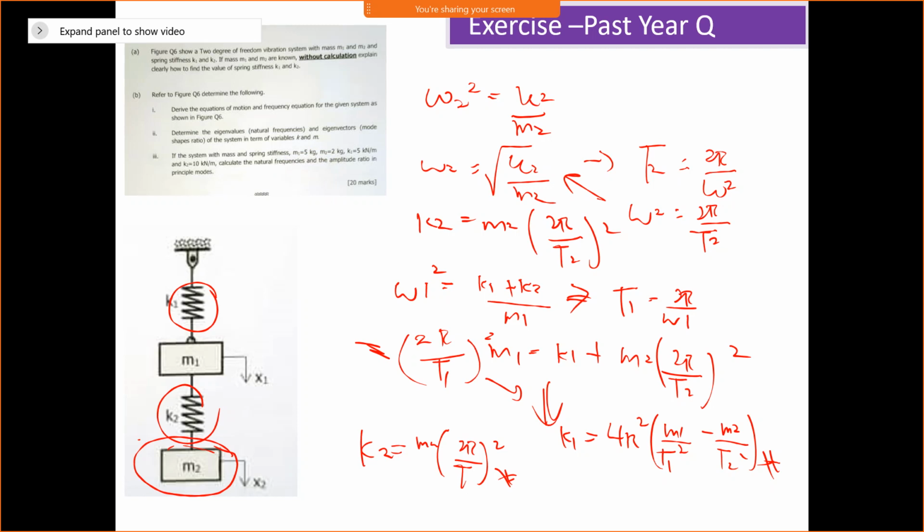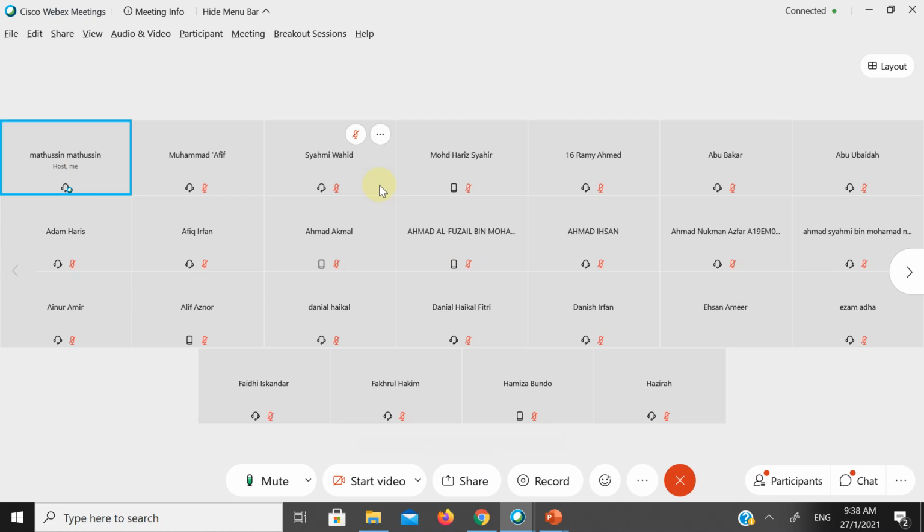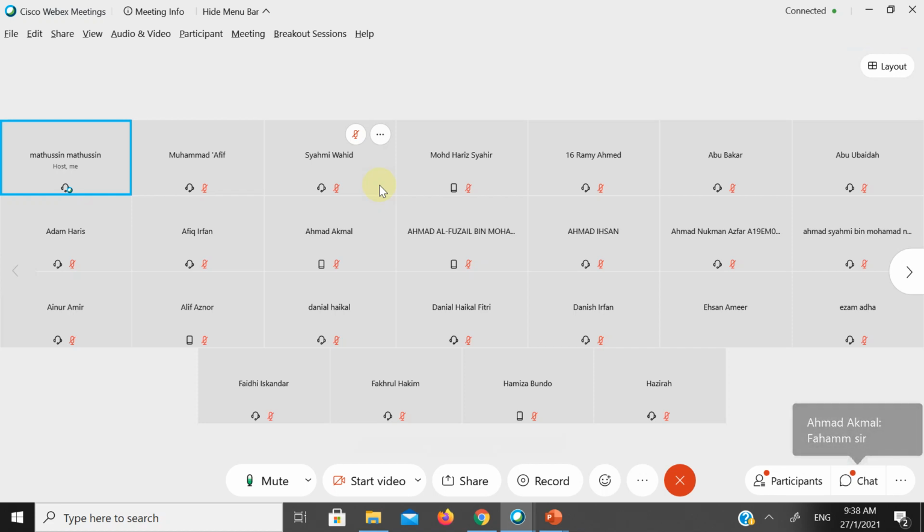Ada soalan nak tanya? Any question? Tak ada? Senyap je ni. So far okay. Topik ni tak susah sangat untuk faham. Dia senang je. Cuma kena biasakan dengan exercise. Alright, kena biasakan exercise. Okay, so